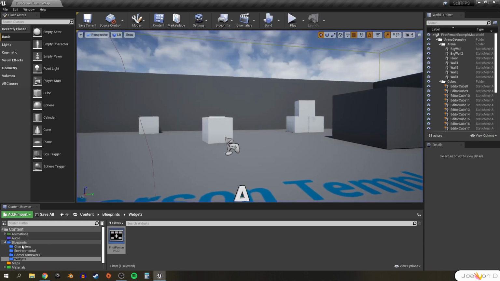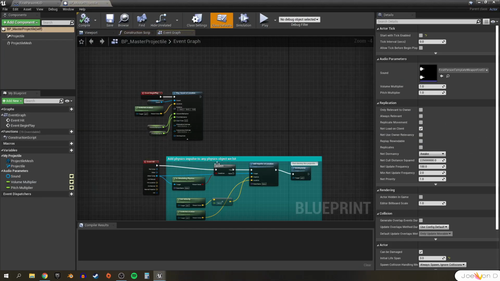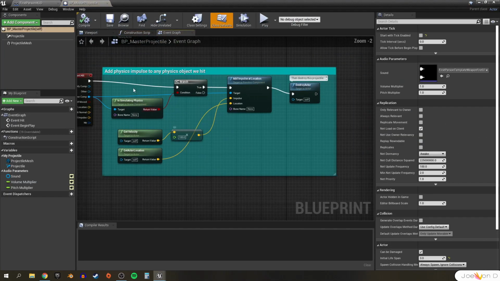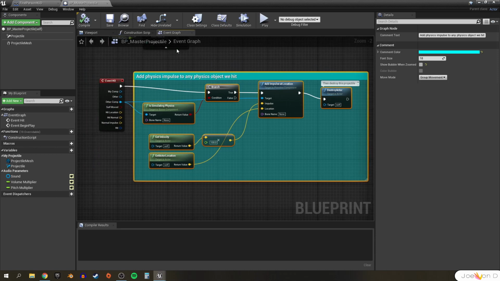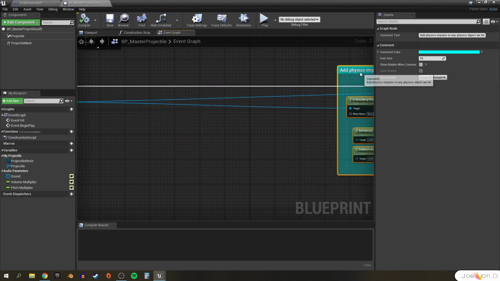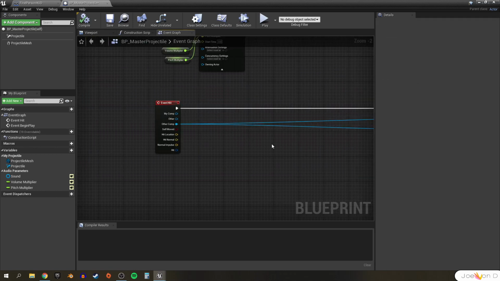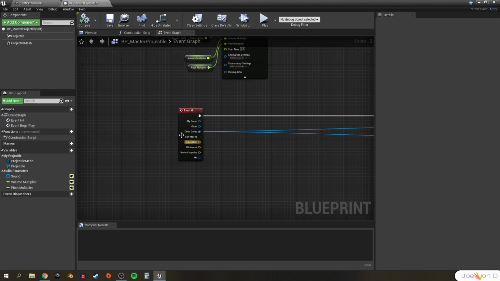So let's navigate to our BP Master Projectile, and we can move all of this scripting just further to the right since we're not going to be needing it right now. One of the best ways to check to see if our projectile hit one of our character blueprints is to use a cast node. And before we fire the rest of this script here, we can cast to our other actors. So first let's cast to our Master FPS character blueprint, which will effectively tell us whether or not the hit actor is that type of blueprint.